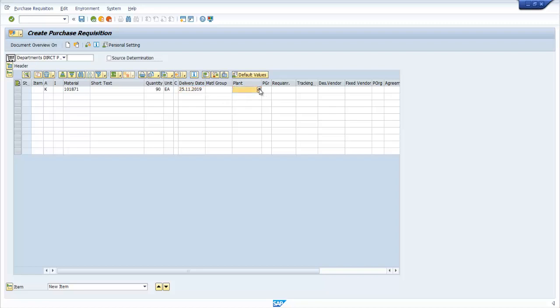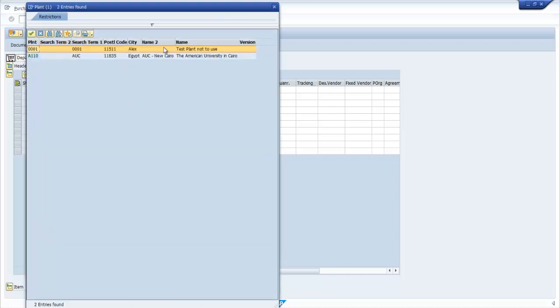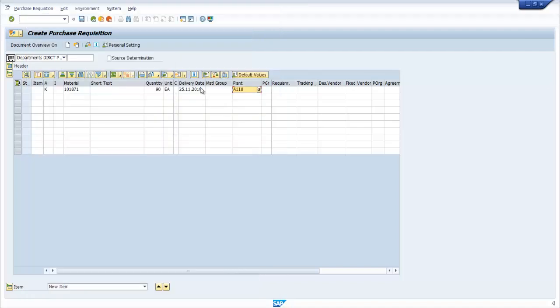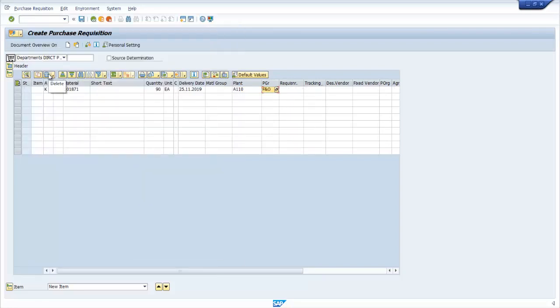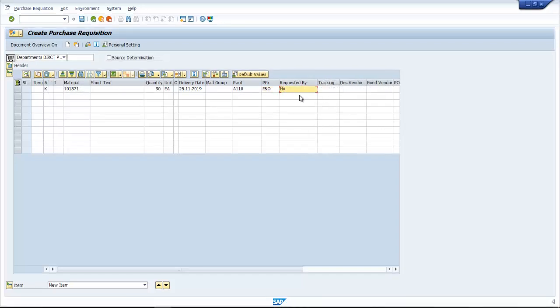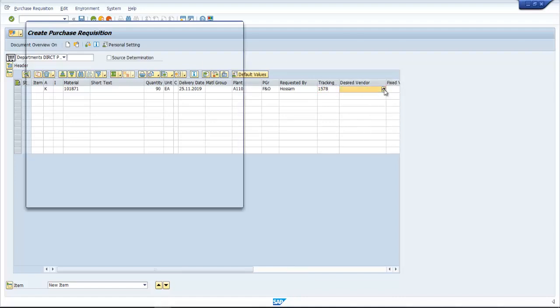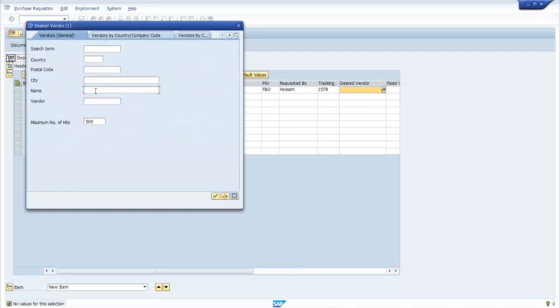Then enter the plant A110, which stands for AUC. Then enter the purchasing group. Select the purchasing group related to your department. Type your name under Requested By and type your phone extension number under the tracking number. Select the desired vendor from the AUC vendors list